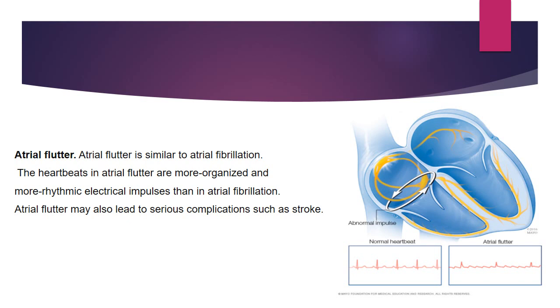and this flutter is very well recognized by its saw shape, the sawtooth. That is what I meant, like the instrument that is used to cut wood. You see that it's just like a zigzag. There is no proper demarcation between a P wave or a QRS complex. Again, what is happening here? You see that the impulses are not organized, and even the electrical impulses generated are not going to be carried out appropriately. Again, the complications can include a stroke, and you can see this picture also showing how the impulses are being